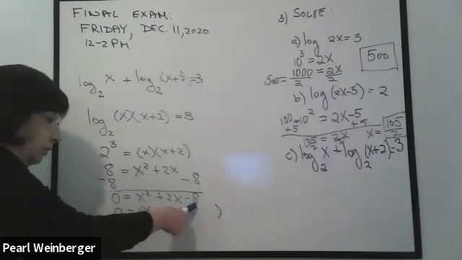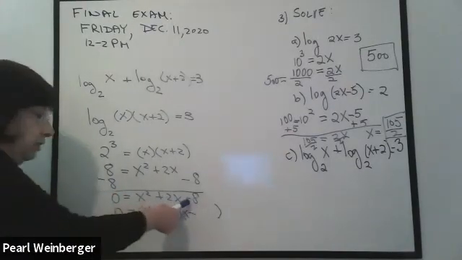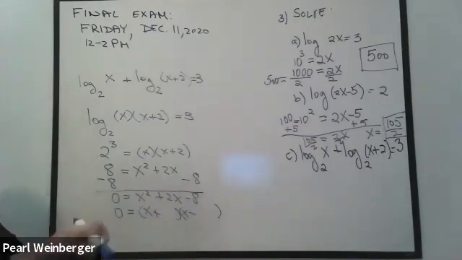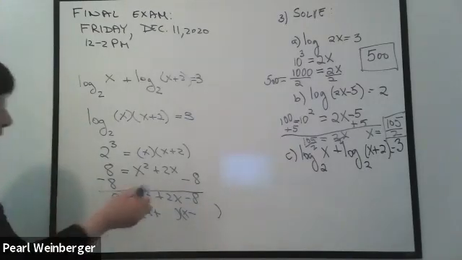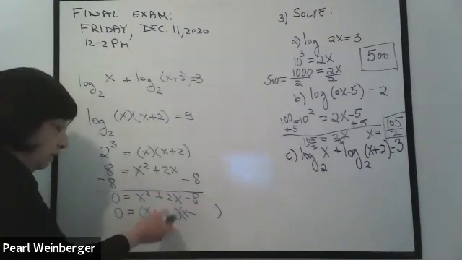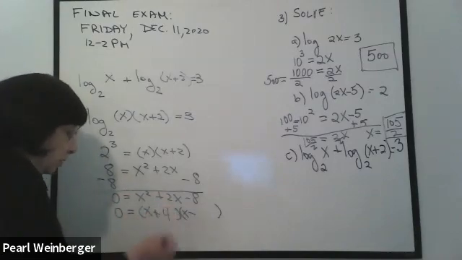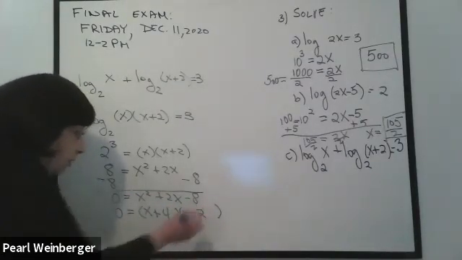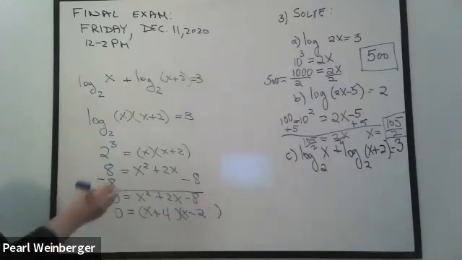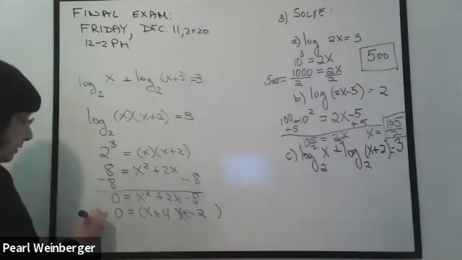So we need two numbers that multiply to 8, but when we subtract them, give us 2. Well, obviously, that's 4 and 2. And this is positive, so the larger number, the 4, is going to be the positive. The 2 is going to be with a negative. And I'll set each of these